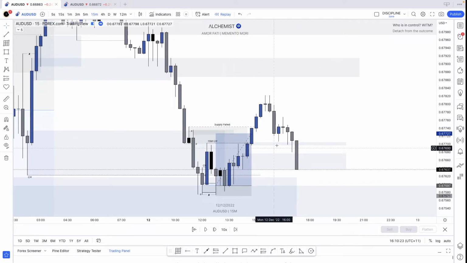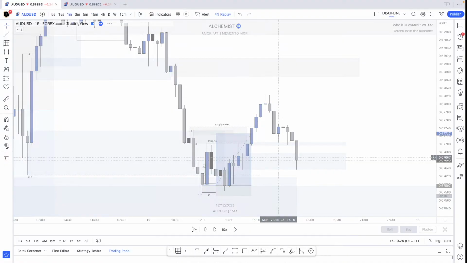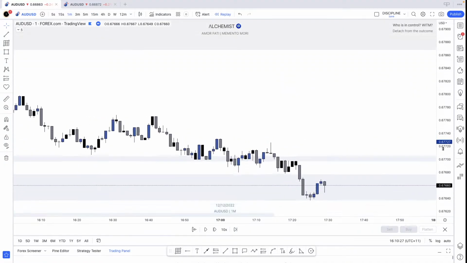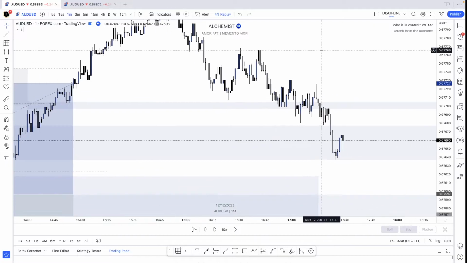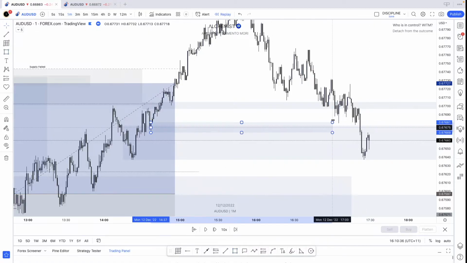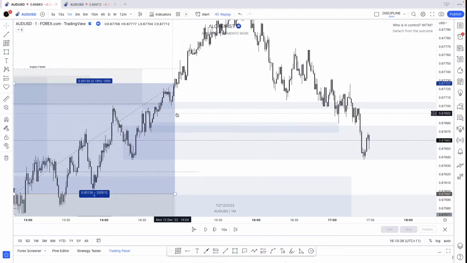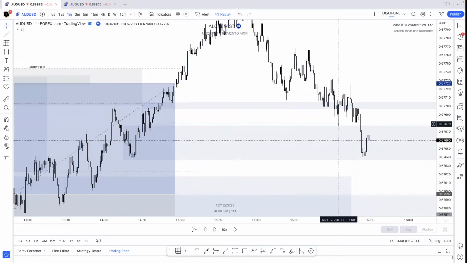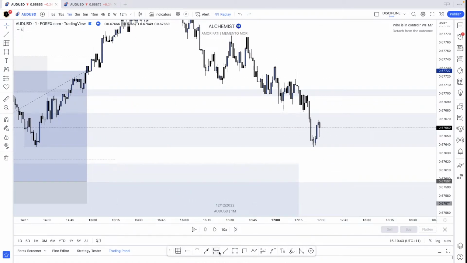And then as price returns down to this POI, we can have a look at the 1 minute. And what can we see here, right? So we had a refined zone above here, which is what tapped into it. We can see that price tagged this 1-minute refined zone. And if we were just to remove this for a second, we could see this price action here as inducement